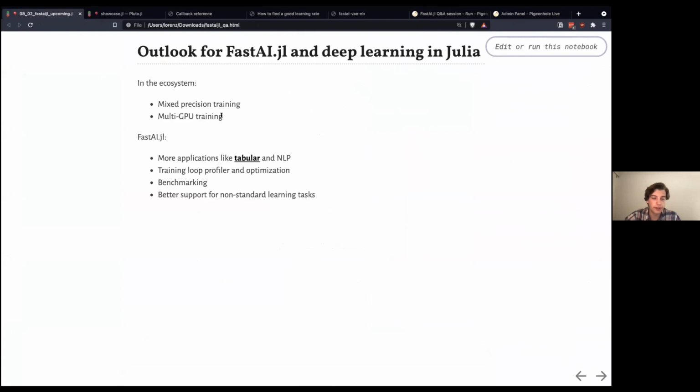Darian can maybe say some more about that later, or if you have a question about it, we'll get to that in a bit. And he'll also be working on getting mixed precision training up and running. And for FastAI.jl specifically, we want to support more applications like Tabular and NLP. We actually currently have a Google Summer of Code student working on the tabular stuff already.